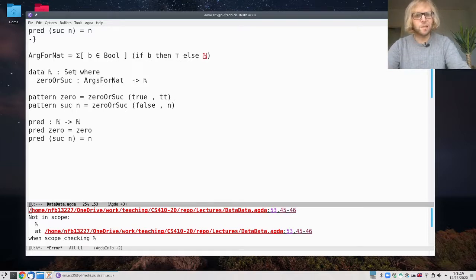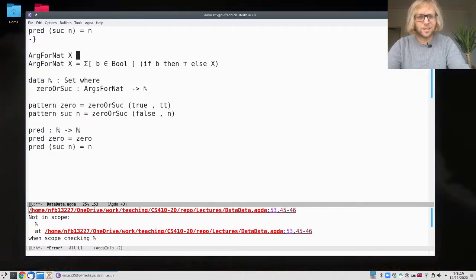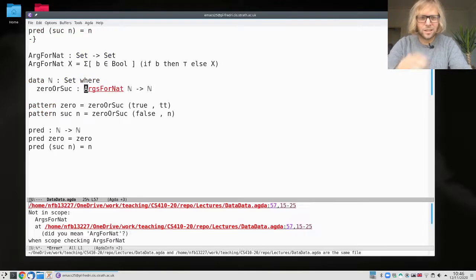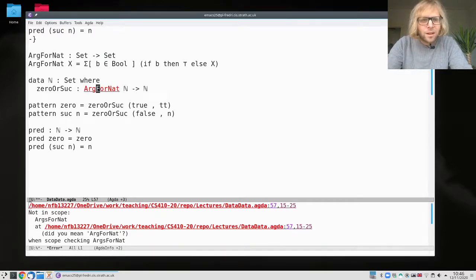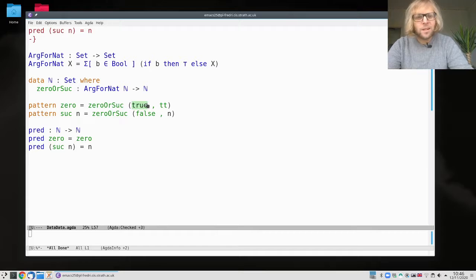So it makes sense to replace this with an arbitrary set here. So here, if I get the set, then I will give back the set of arguments for the natural numbers as a constructor like this, right? And then here, I can plug in the actual natural numbers for this thing. Arg for nut, right? Okay, so all I've done is I've taken this thing and I've abstracted it out, and